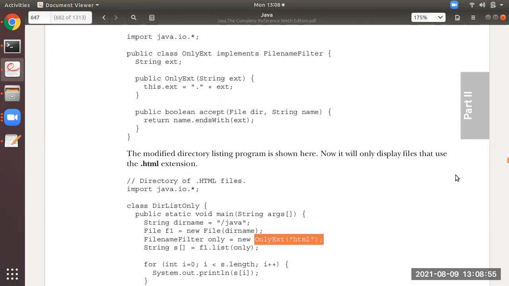So straight away from here, it will call the method of this class, only ext, and ext will receive what I have given. In place of this, I have given java, txt, whatever you wish. It's up to you, students, no problem.